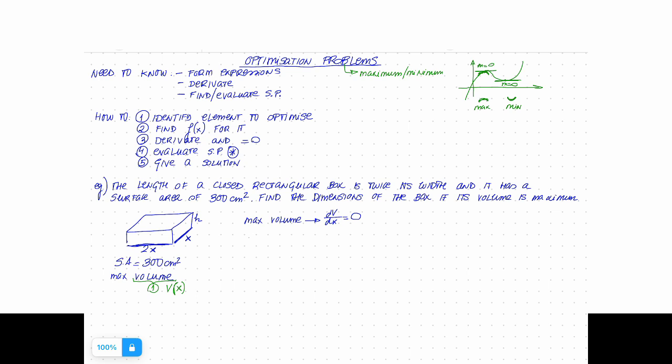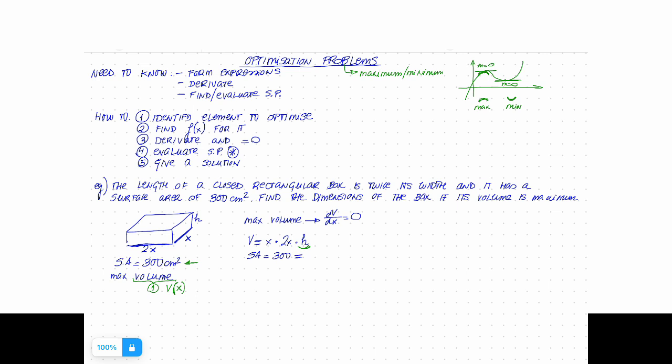And I'm going to find what I've got for a volume of a cuboid, a rectangular box. Length times width times the height. And now this is a problem, because I've got two variables and I need only one. I need v as a function of x. So I'm going to have to figure out a way of linking it. And for that, I've got this number here. I've got the surface area. So I know that the surface area is 300